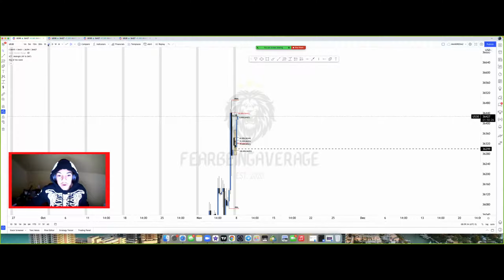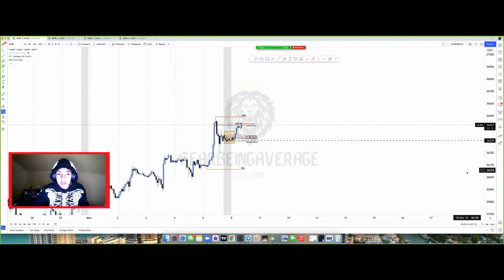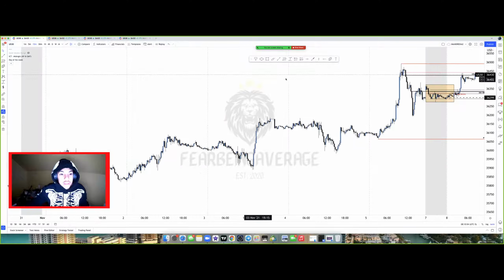So now that we have all these confirmations, I'm going to come over here to the 1 hour, and I'm going to look for a potential order block on this also. The first thing I notice is this candle right here, this last down candle that traded into this high. And then from here, we've been bullish. So I'm going to use this candle's open, not the high, the open of this down candle. And this is going to be my 1 hour order block, an area that I'm going to be looking for a possible reaction from.